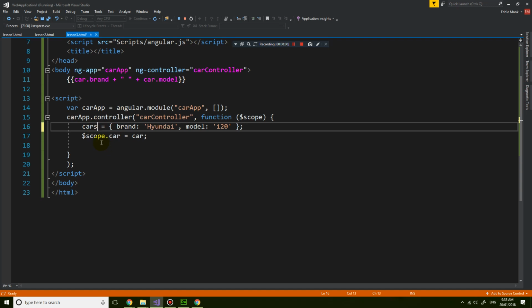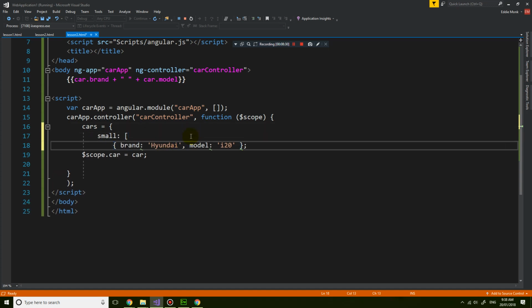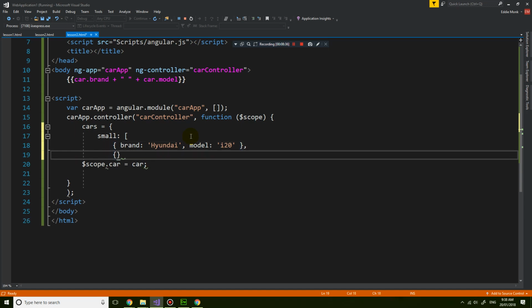Okay, and then let's have, what sort of cars are these? Let's just put small. Small cars. And for small cars, I'm going to put in a little array, and in this array I'm going to have a few more JSON objects. So that's the first one, Hyundai, and then let's have Toyota, model, what's the small car, Echo, can't remember the newest model, and